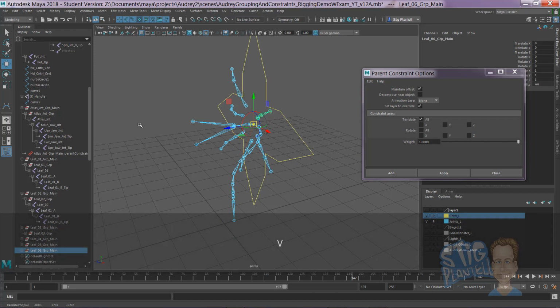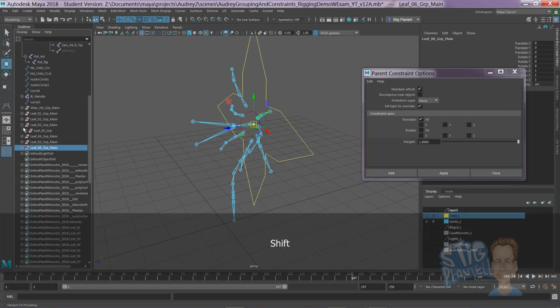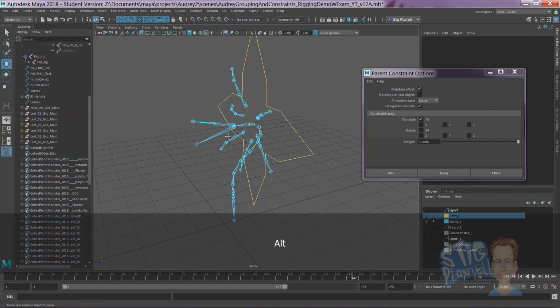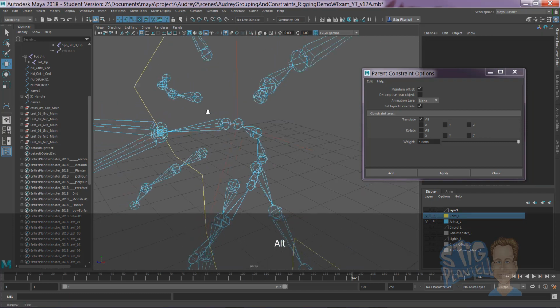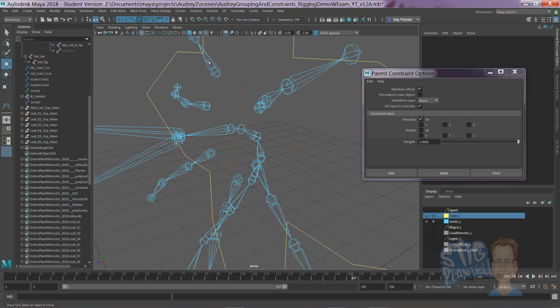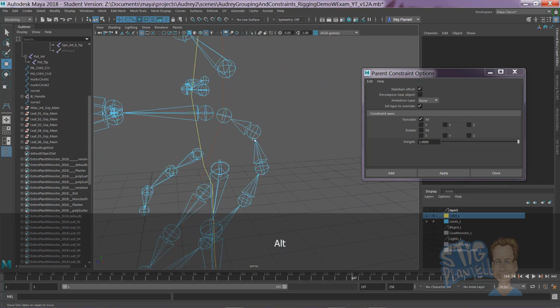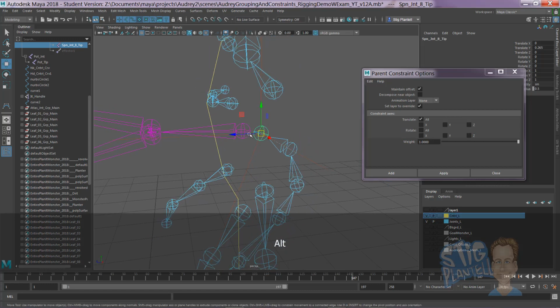Okay, so I've done 1 through 6 on all the leaves. I hit shift, it closes those back up pretty nicely. So now I have main 1, 2, 3, 4, 5, 6. I am going to constrain those all to not the controller, but the top of the neck spine. Okay, so click that,